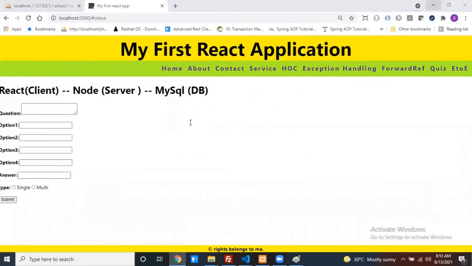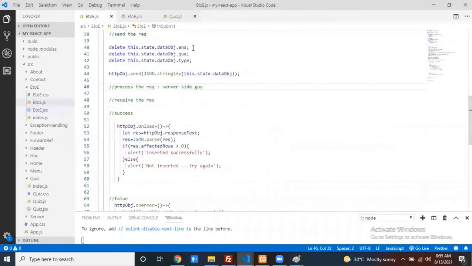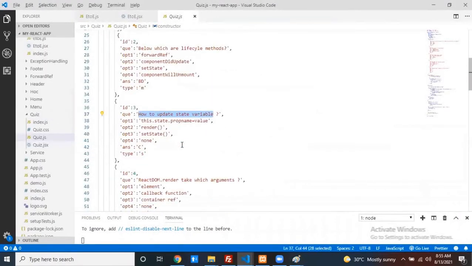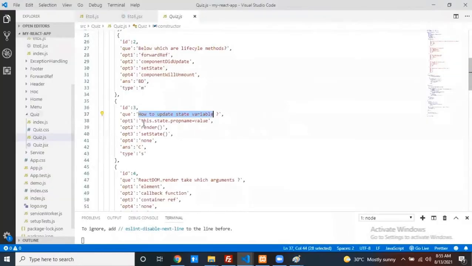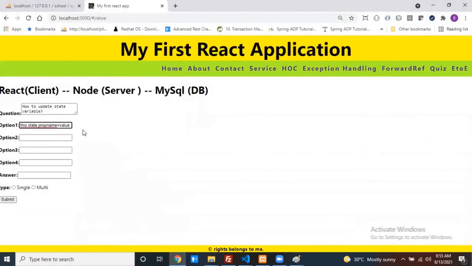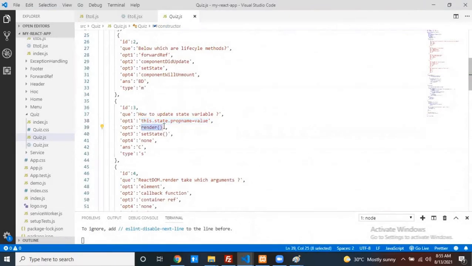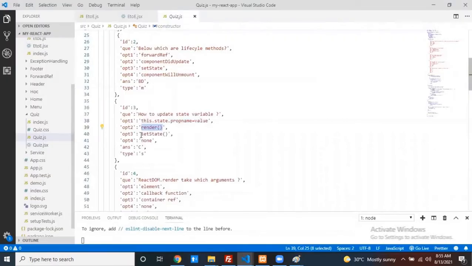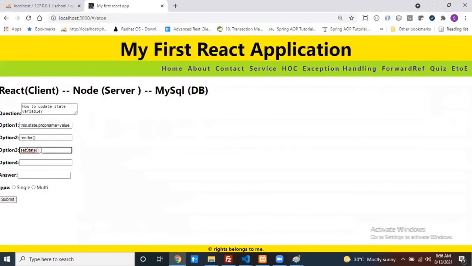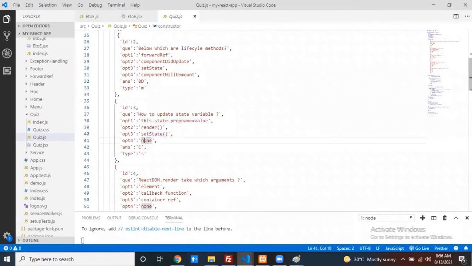Now come here. This is the third question. This is my question: how to update the state variable? The next one: by using render, by using setState, by using none.